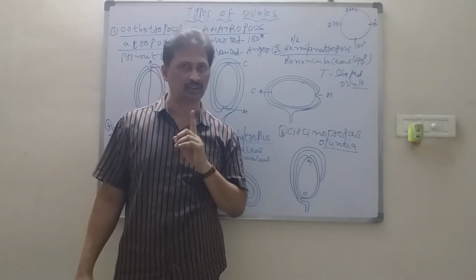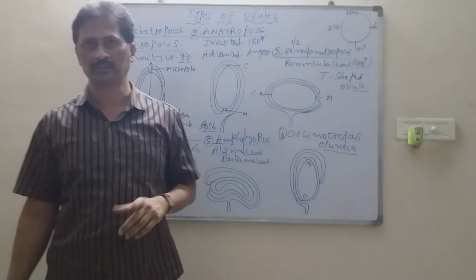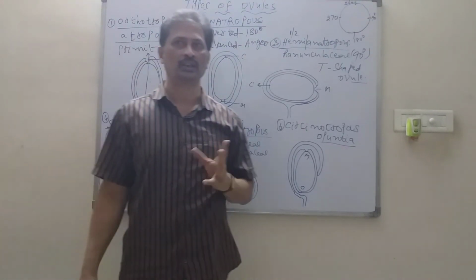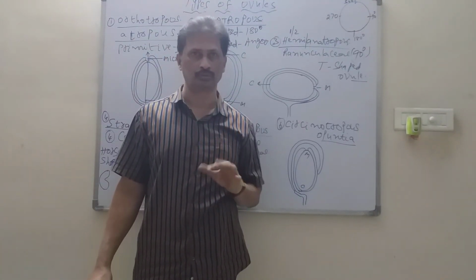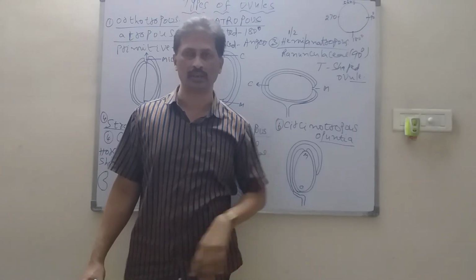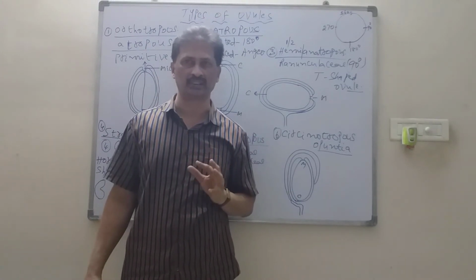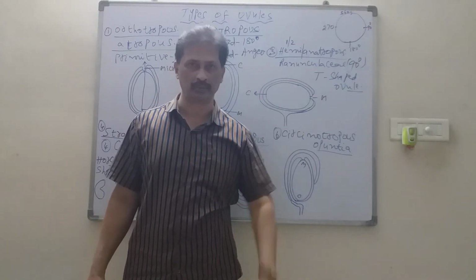So in this way, this is the last topic in the female reproductive part, and only one topic is left, that is fertilization. So regarding the fertilization we will discuss in the next video. So these types of ovules are generally a 4 marks question. So this is an important question, so read well. And in the next video we will discuss the fertilization process. So with that, the embryology topic will be completed. Okay, thank you.